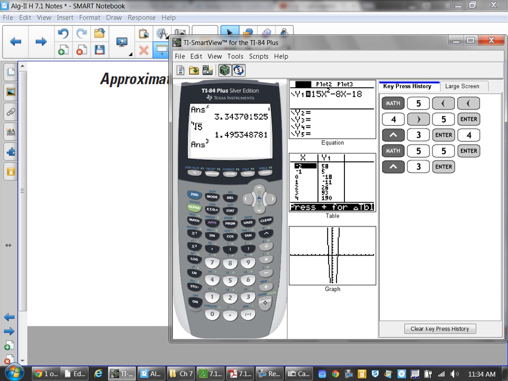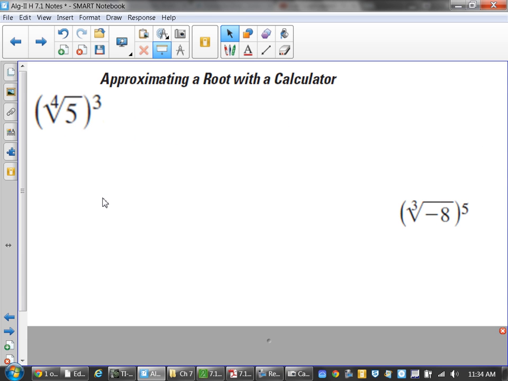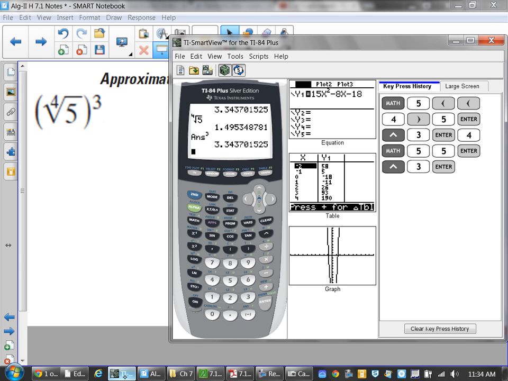There's a couple of different ways of doing it. The other way is, if you want to type it in to make it look exactly the way it is on the page,